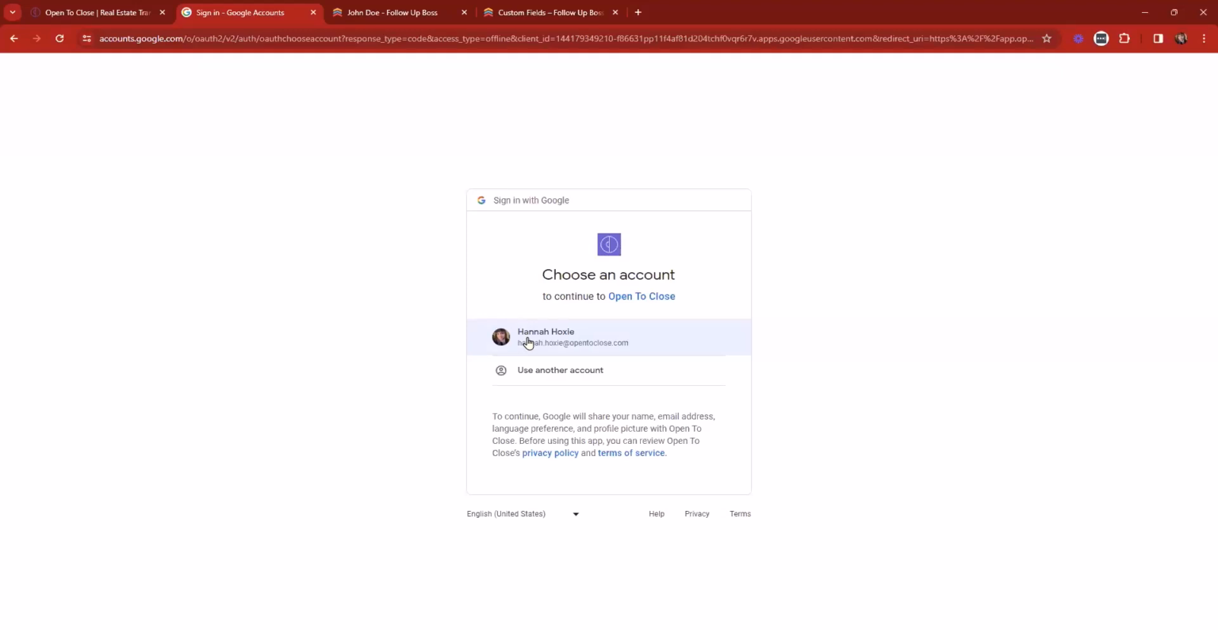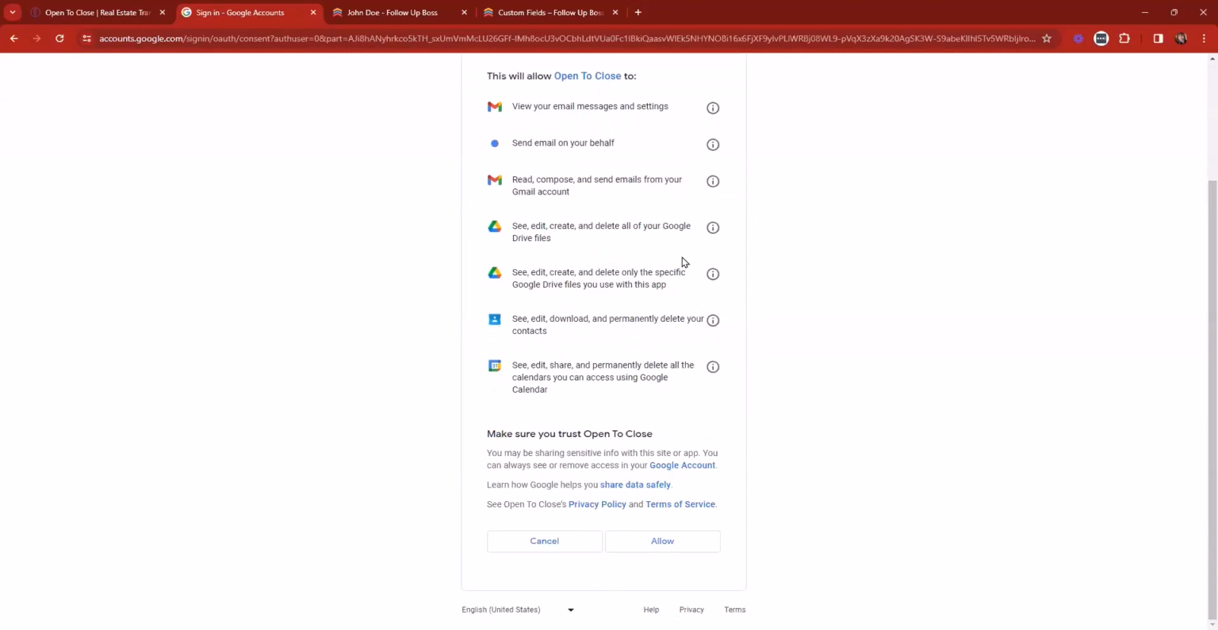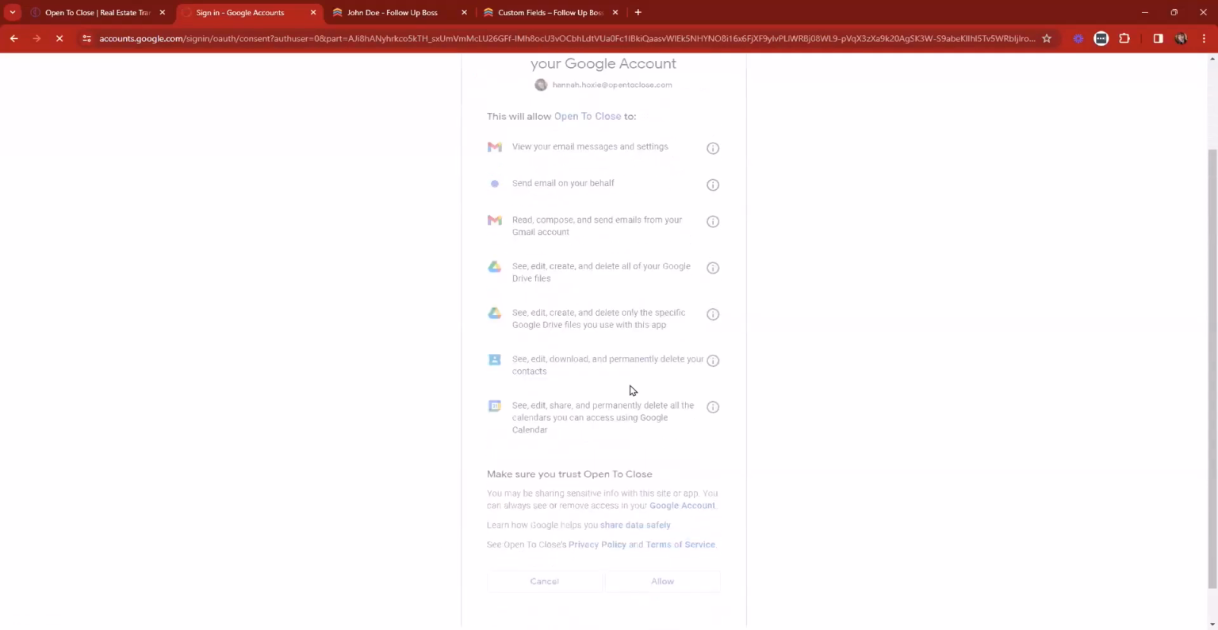If you have more than one, I've seen people have 3 or 4 and they accidentally connect the wrong one and it doesn't work. So once we've ensured that we're connecting the right one, we'll click on it. It's going to ask, hey, do you want to give access to this specifically to your specific account? You'll say allow. And then now your Google's going to be connected and now you'll be able to send out